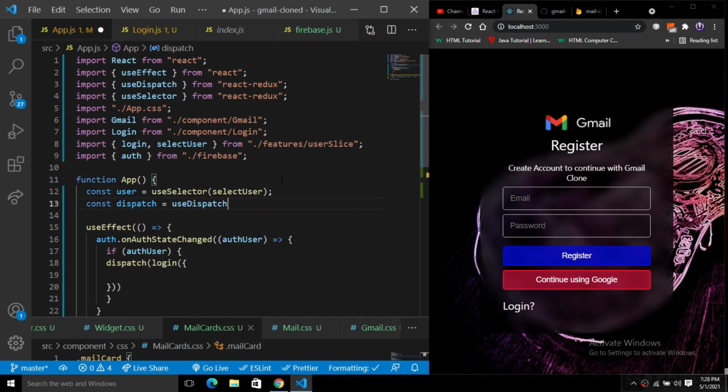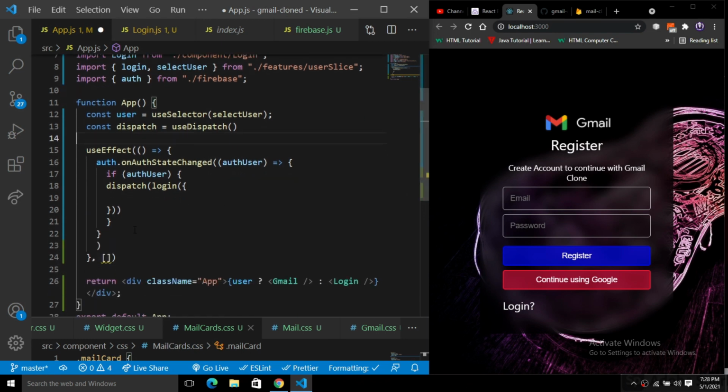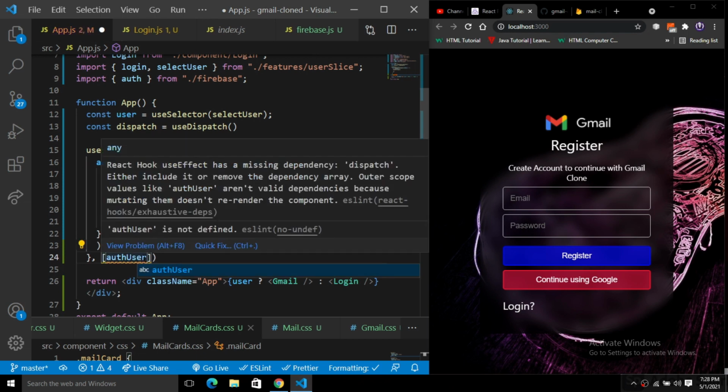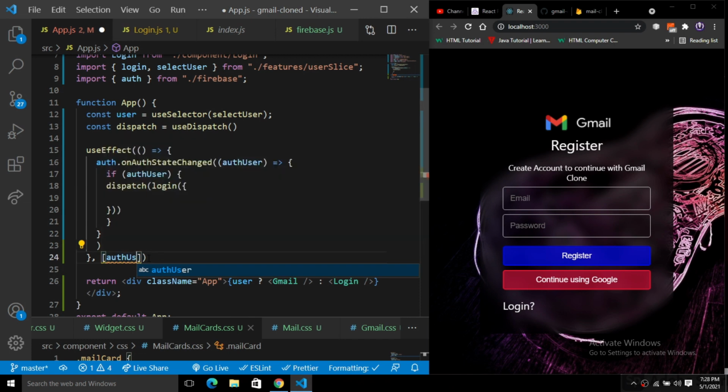So we have this useDispatch like this. So we have this dispatch and we have everything here. So what I'm going to do, let me put the dependency that it will depend on. It says authUser is not defined, right? So here we have to simply put the dependencies. It just depends on the dispatch dependency, that is dispatch here.